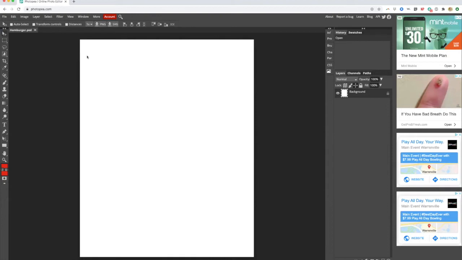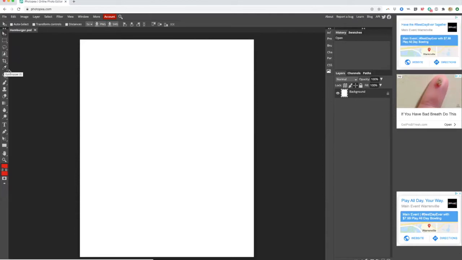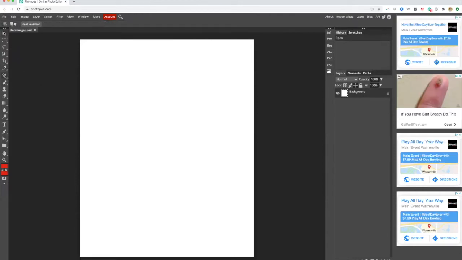So now we have our hamburger background, and we're going to start building a burger, or it can be a veggie burger if you are not a meat eater. And the first tool I'm going to show you, I'm going to skip over the selection tools for now, it's the next 3 tools down. And then I kind of showed you, if I showed this to you in class, the crop tool and the eyedropper tool, which we will get to in a little bit. But for now, I'm going to focus on the Move tool, the paintbrush tool,